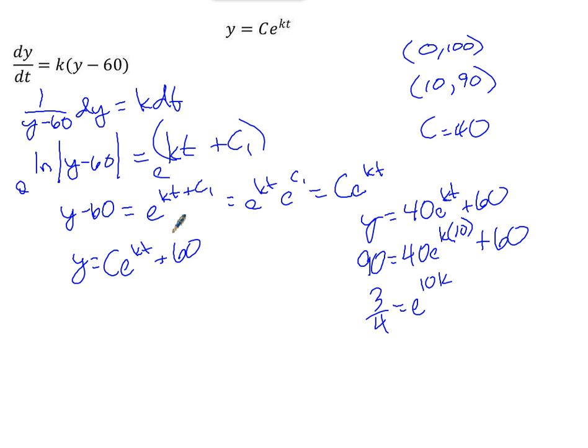Notice the parts of this. This 60 right here is not coincidental. That's the ambient temperature of the room. Okay, then we had two ordered pairs, (0, 100). When time started, when we measured the body's temperature, it was at 100 degrees. 10 minutes later, the body's temperature was at 90 degrees